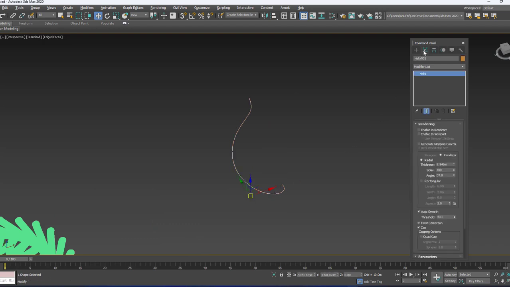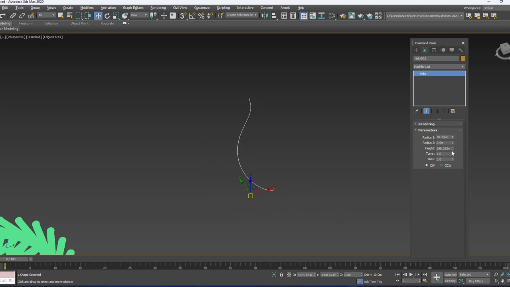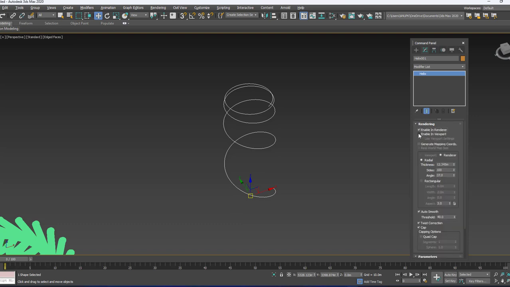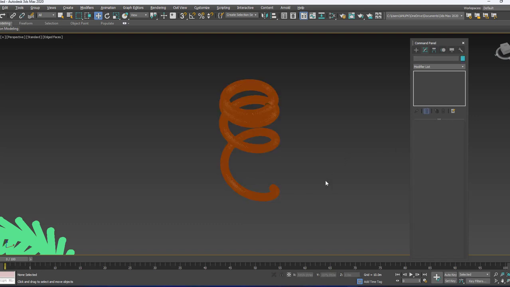To do the modification, click on the modify option, and then thickness, if you go with the rendering option. Parameters like radius, initial radius, and then end radius. Next, height, how much you want to keep depending on the requirement. Turns, how many turns you want within that particular height, and then bias, that is the distance from the top and then bottom. So convert this into 3D so that you can use it for the lighting purpose or zoomer purpose.